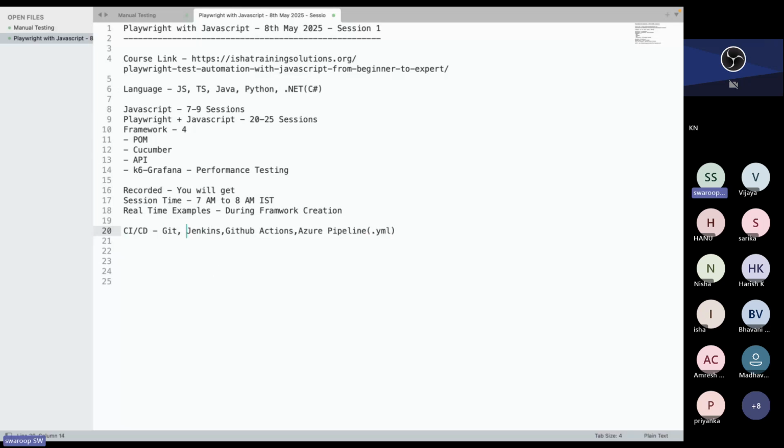Git is the same, whether you use GitHub, Bitbucket, or CircleCI, anything. Internally the commands being used are almost the same; whatever we use in Git,